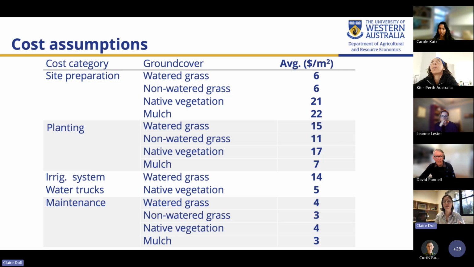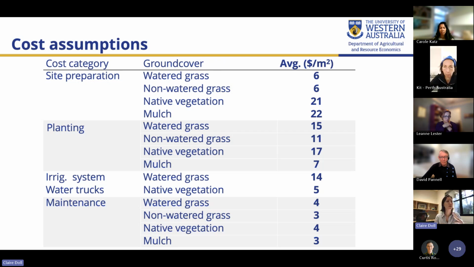We assume that for watered grass, you'd be installing an irrigation system as part of the development process, whereas for native vegetation, you'd be selecting drought-resistant varietals that would need watering trucks in their establishment for the first 3 years, and then after that point, just would be fully established and not require regular watering, and ongoing maintenance costs, again, broken down by the 4 different ground covers.